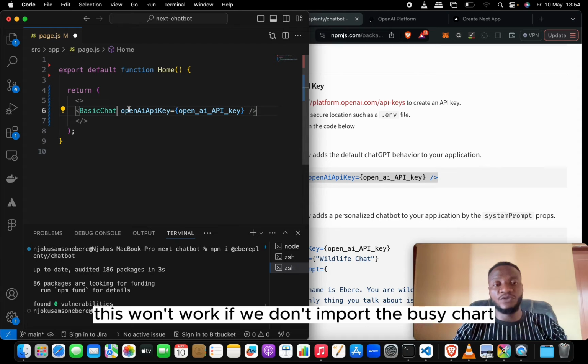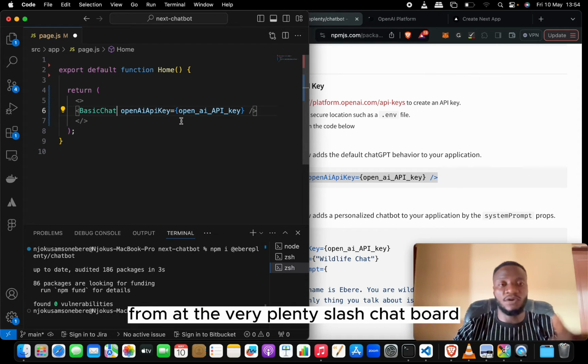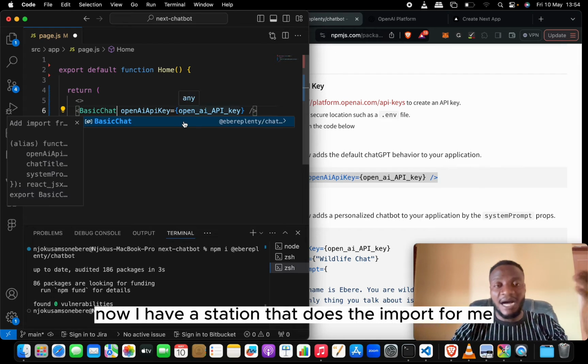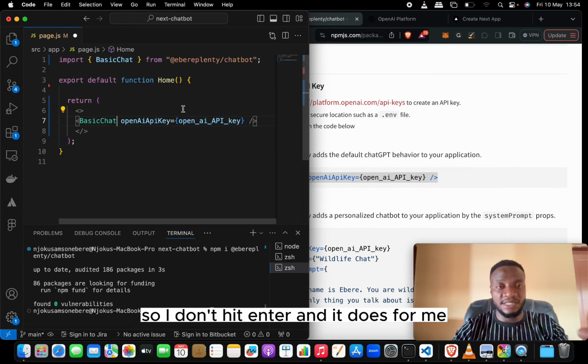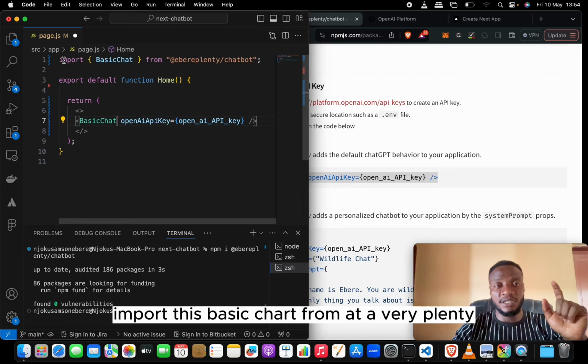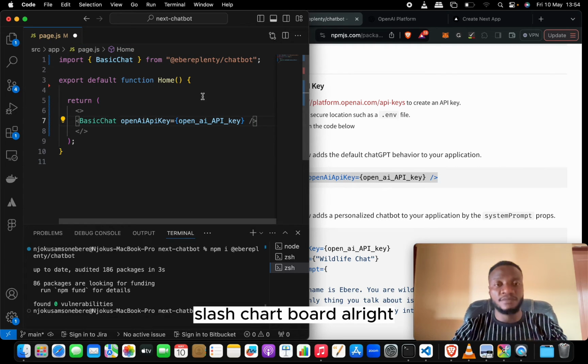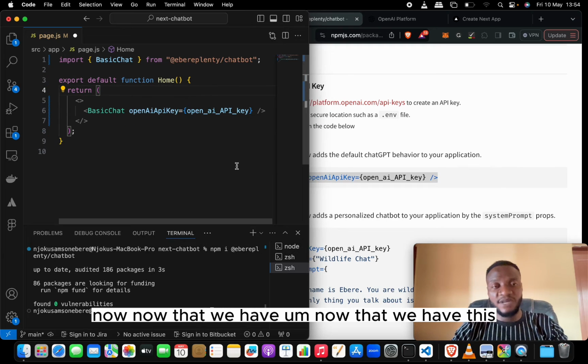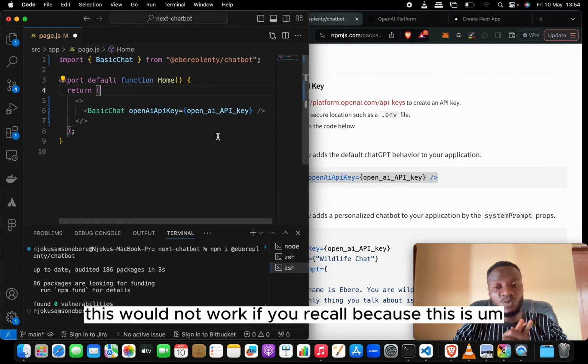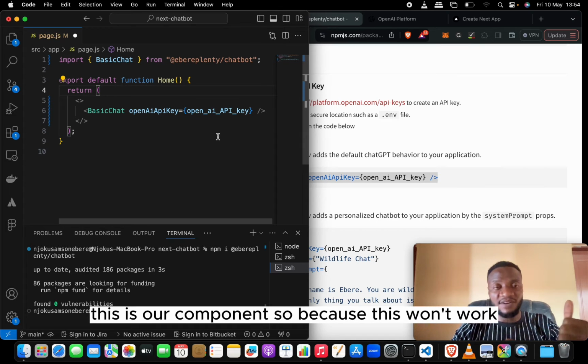Now, this won't work if we don't import the basic chart from @plenty/chatbot. So we want to make sure that we import it. Now, I have an extension that does the import for me, so I just hit enter and it does it for me. Import this basic chart from @plenty/chatbot. All right. Now that we have this, it would not work if you recall,